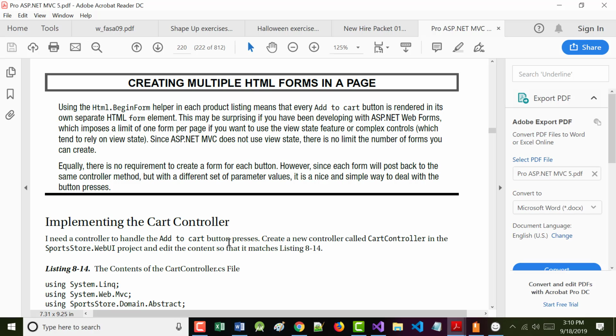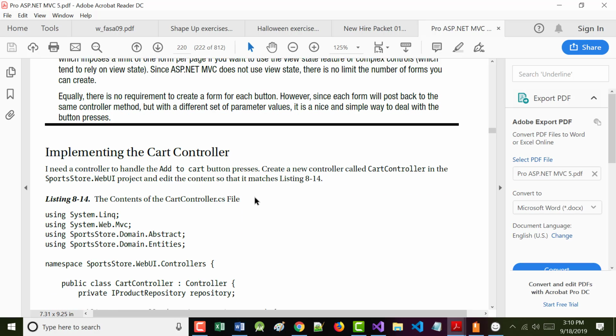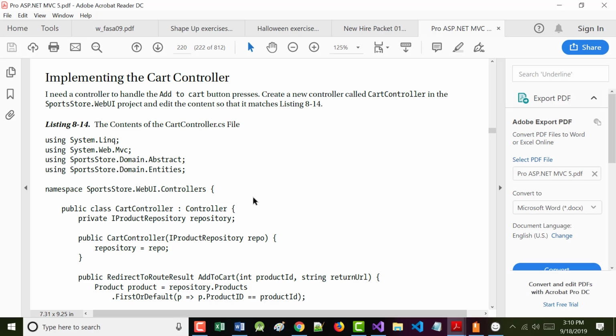All right? And that's what the author says in here. Says equally, there's no requirement to create a form for each button. There's a lot of different ways this could have been done. Again, this is the way the author decided to do it. All right? It works, and I think it works pretty well. So I'm not going to at all be critical of what he did.